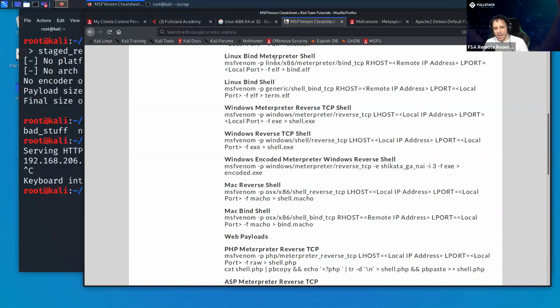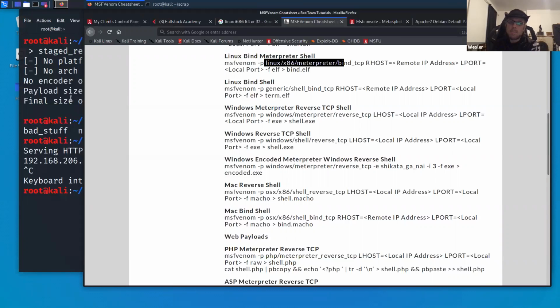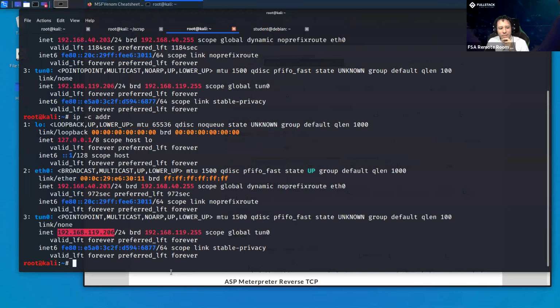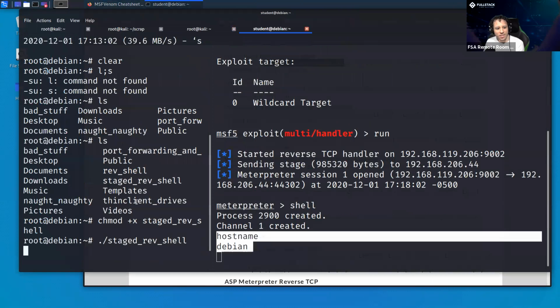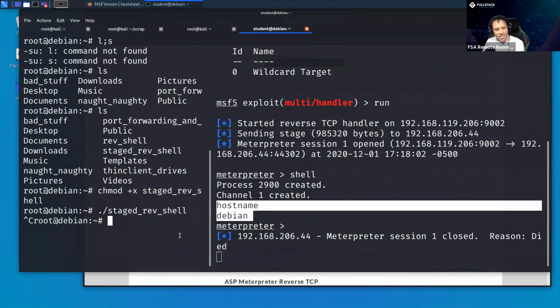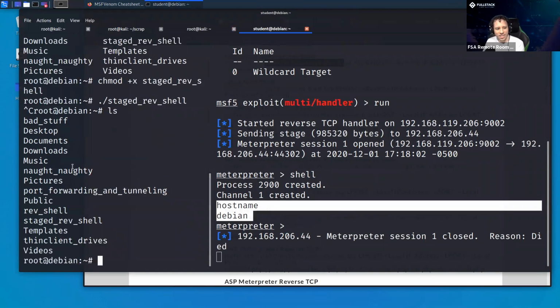No. So how is Debian going to know the name of your attack? Because if I go to this machine right here, the one that's at Debian, all it has is this file called stage reverse shell. All Debian sees, all my target sees, is some file that I've named stage reverse shell, and all it can do,